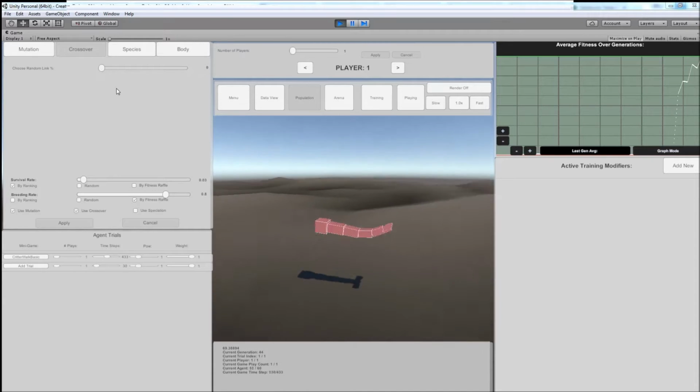So the best performers get mixed and matched with each other to create new candidates over time. And this random link is basically, normally a child would inherit its connections mostly from the better performing parent, but if I crank this all the way up, it will randomly choose which parent it gets its connections